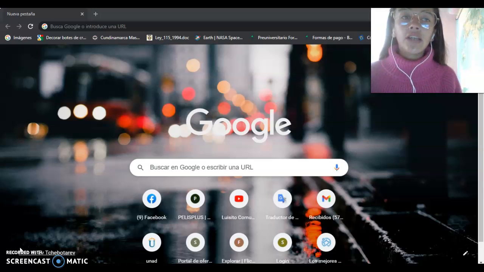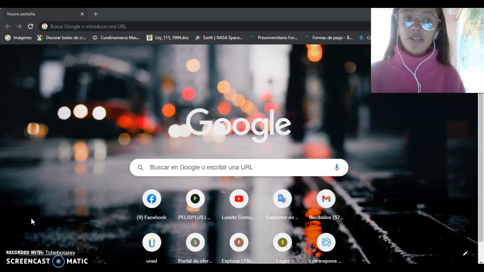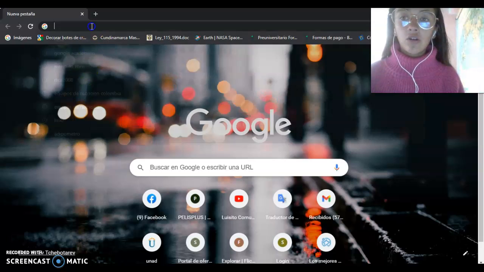For this activity, I am going to present how to use Flipsnack. This is an online website or an app for your phone that you can use to create magazines, brochures, curriculum vitae, and different materials that you can use for your class or your job. Okay, the first tip for using Flipsnack: you can search in Google